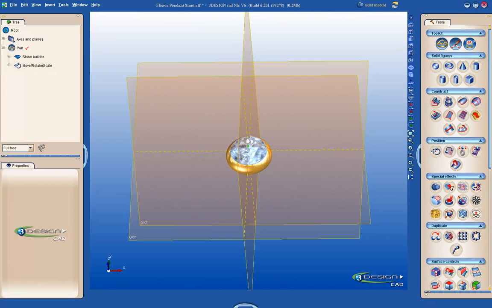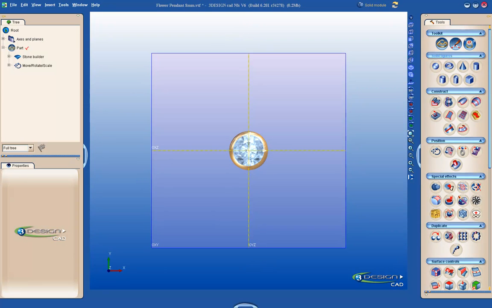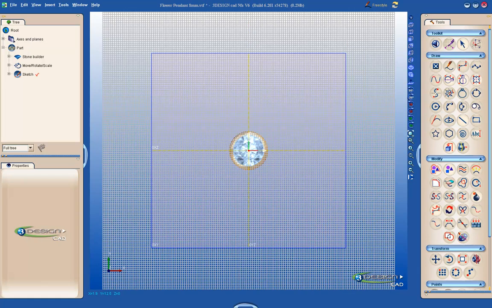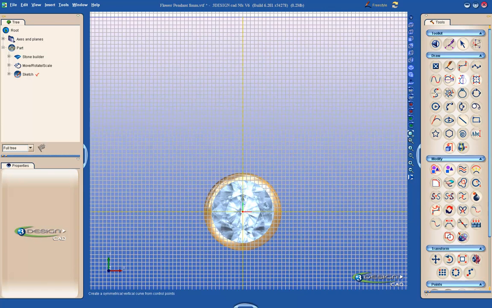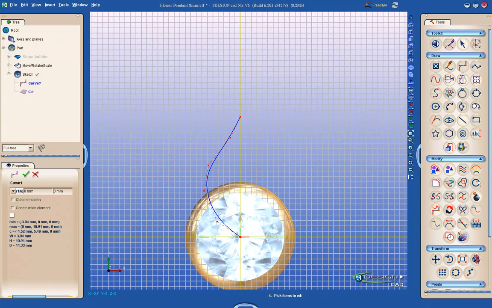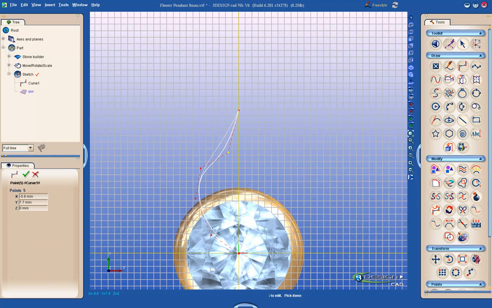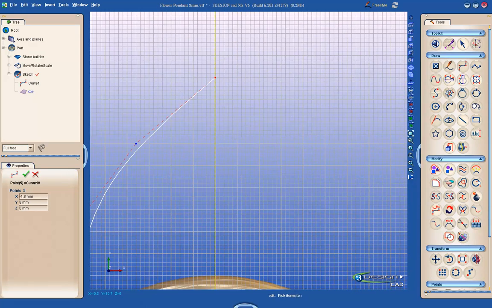Okay, so now let's take a look at the OXY axis by hitting top view. Click on the side and create a new sketch on that plane. Perfect. I'm going to draw a flower petal, which is going to act as the prong. So starting at 0, clicking, just trace up the outline of a flower petal, making sure to end it at the 0 line. I think perhaps it's a little tall, so I'm going to shrink it down to there. Make sure I get a shape that I like,